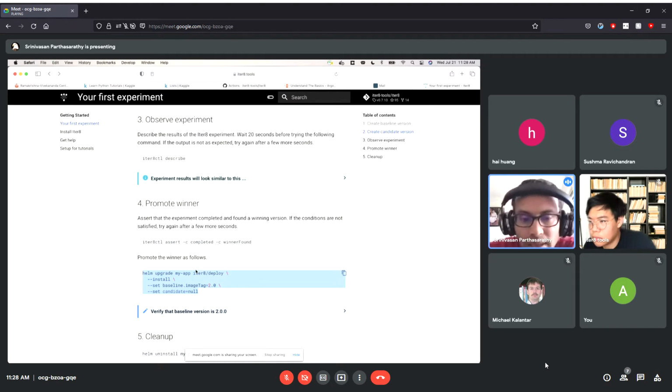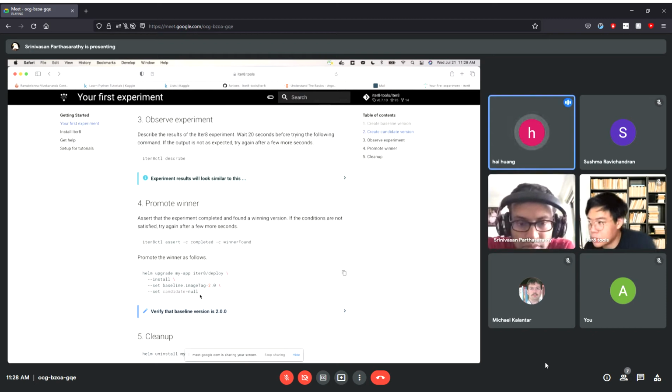But if you want to do it in a GitOpsy way, this kind of separates the step so that you have the option of doing things in a GitOpsy way also. Does that answer your question? Kind of, but